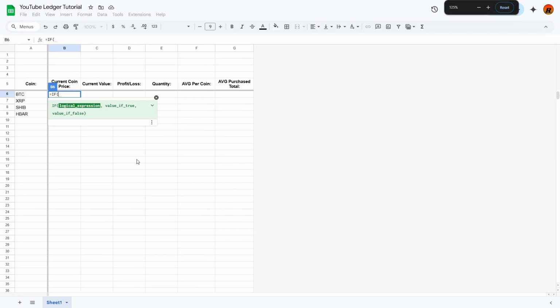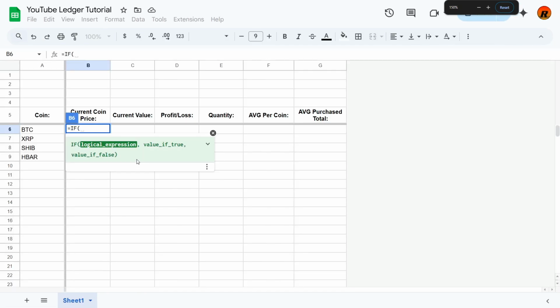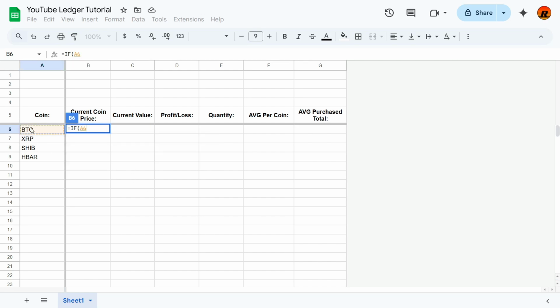I'll zoom in so you guys can see. I guess that would have been nice in the first place. So if A6 equals nothing, then we want nothing here. But if it doesn't equal nothing, we want to